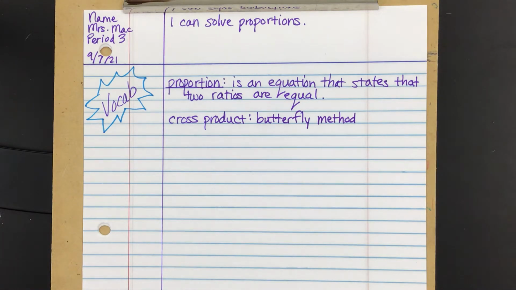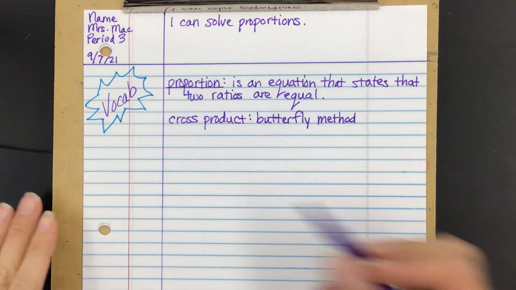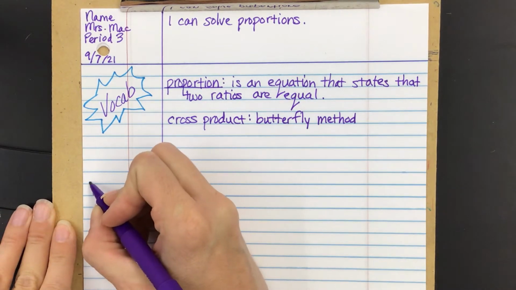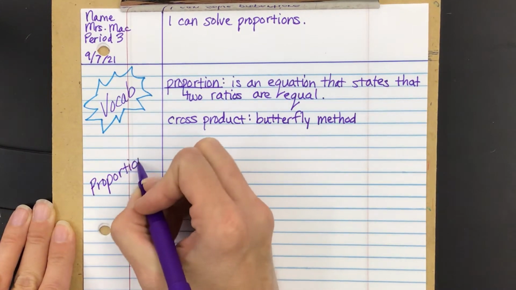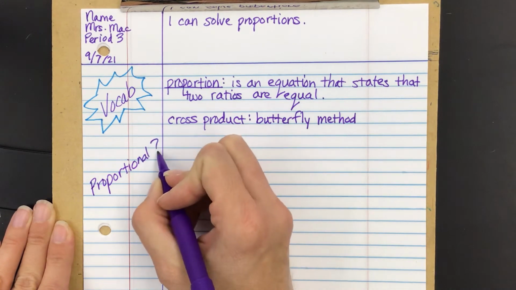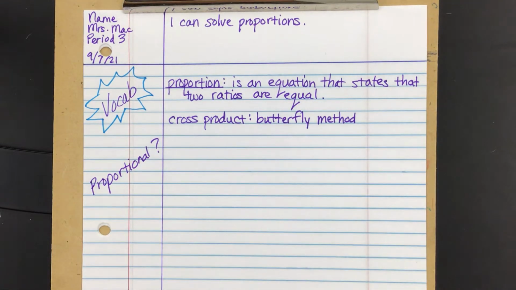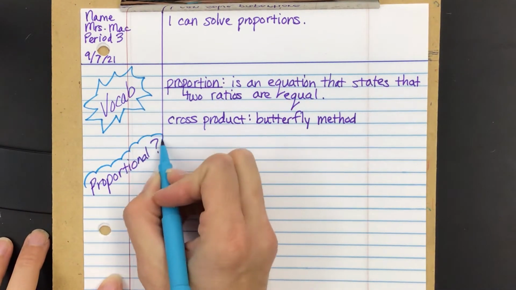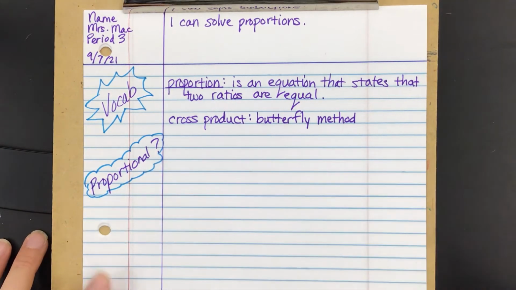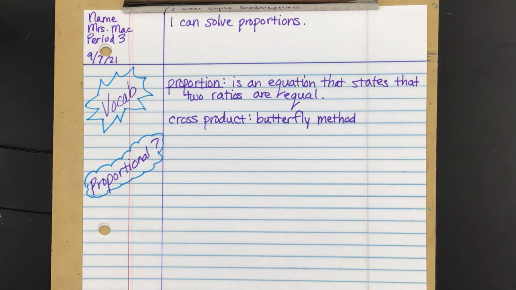So we're going to be comparing two ratios and deciding whether or not they are proportional. And they are proportional if they're equal to each other, okay? So let's take a look at an example. I'm not going to take quite as much time as I did in the last class because I realized pretty quick that they already knew all of this, so you get the more streamlined version. Okay, proportional. So what's going to happen on your homework, just deciding whether two ratios are proportional,